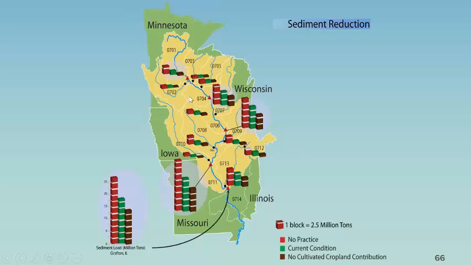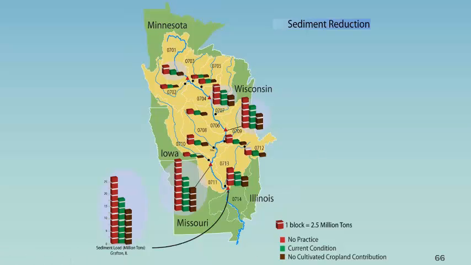Okay, so the green are the current practices, current conditions, meaning including all the BMPs that have been implemented by the USDA and NRCS, because NRCS did an extensive survey to collect such data and input into this process. And then